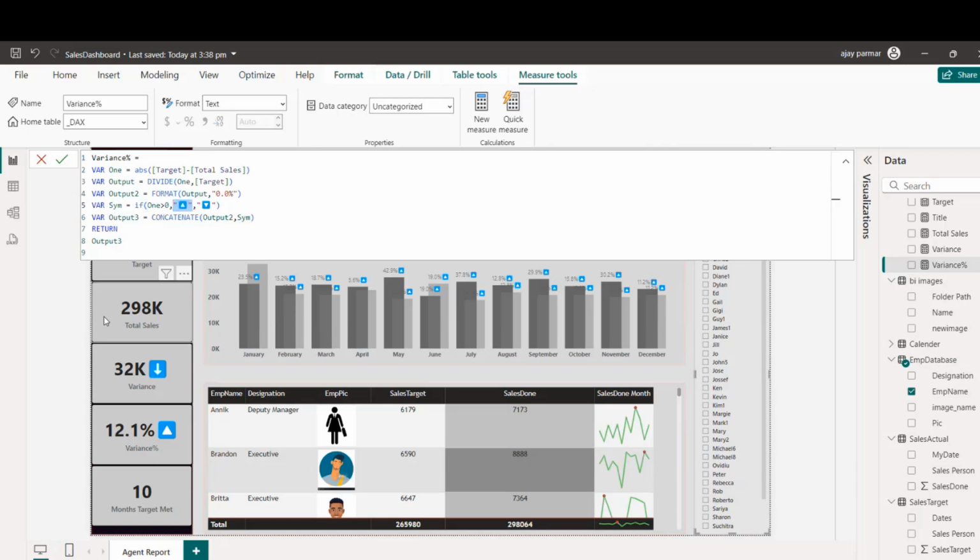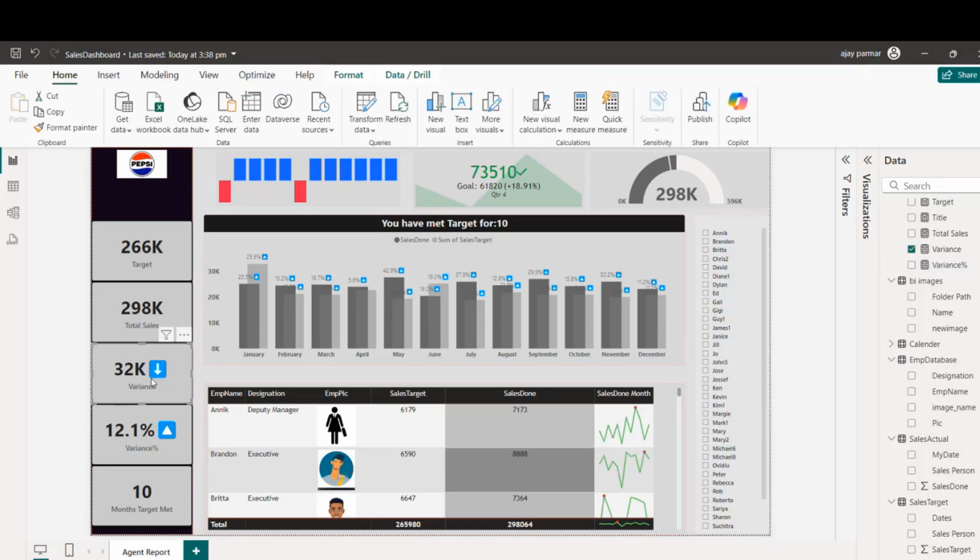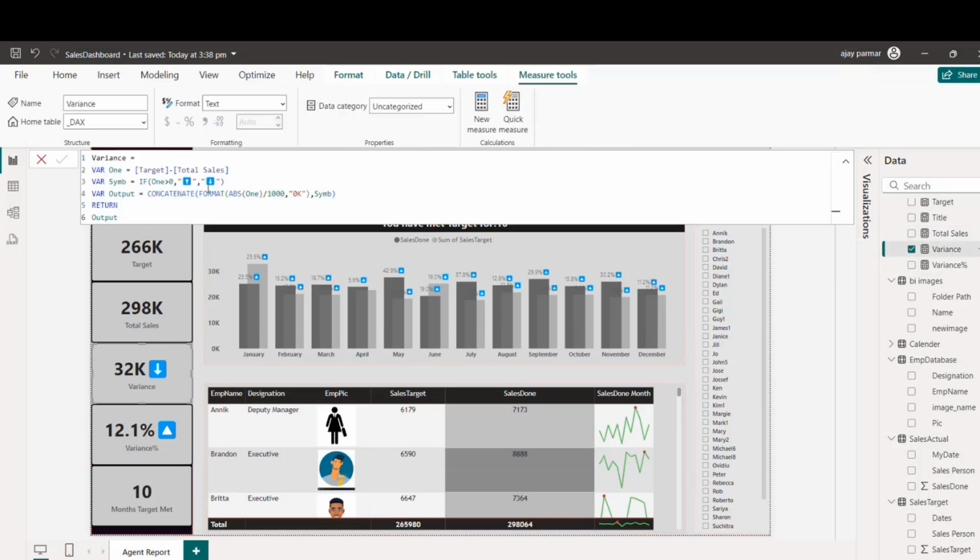I didn't notice that. Target is this. Oh yes, yes. This is wrong. No, this is okay. This is wrong. 32K, because my sales are more than my target. So why are we having this down arrow? Yes, very good. So let's go into the variance then. I'm just going to quickly change this to